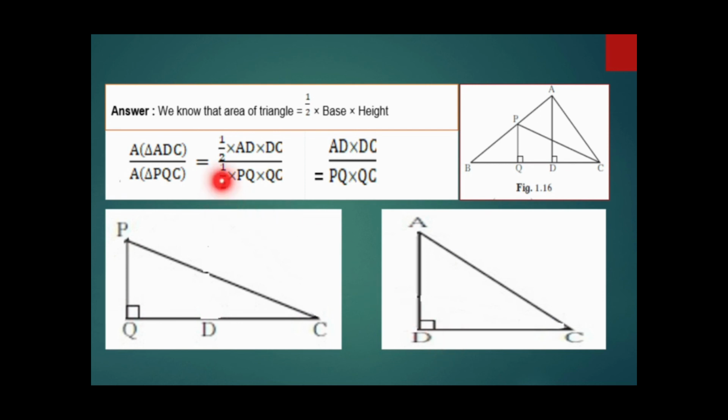So we write for area of triangle ADC as half into. So in triangle ADC base is DC, height is AD, so we write AD into DC. In second triangle PQC base is QC and height is PQ, so we write half into PQ into QC. So half get cancelled, we get value AD into DC upon PQ into QC. This is the answer. So in this way we can solve exercise 2.1